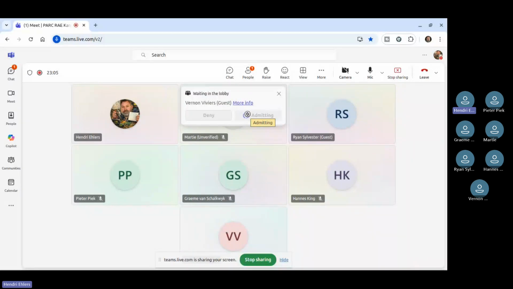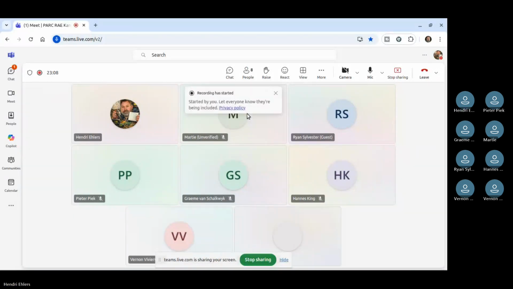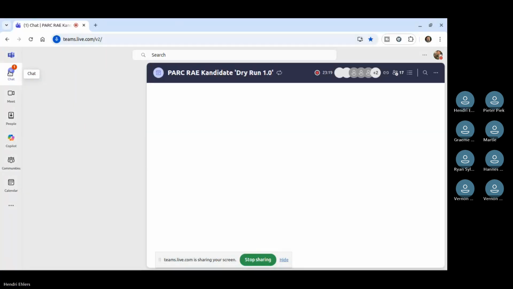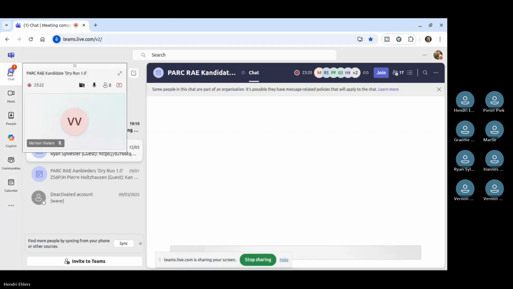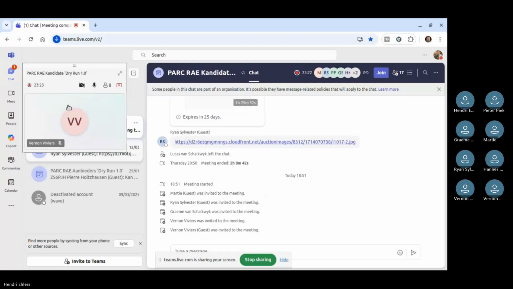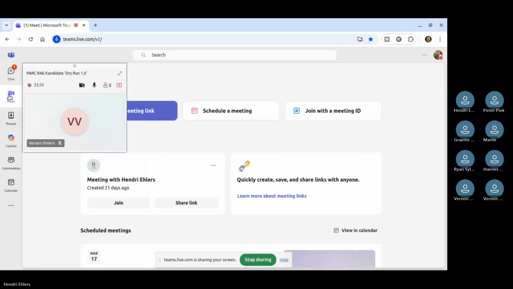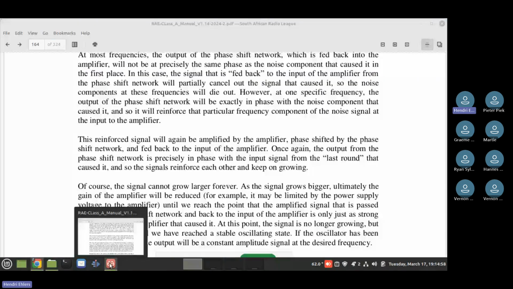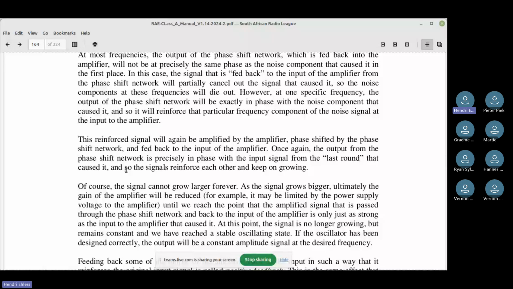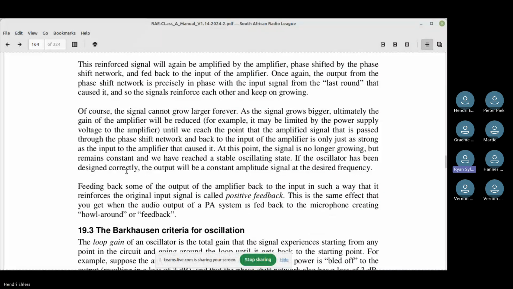This condition is necessary. Let me just get there. We had another meeting and they said that they were struggling to get into the Teams, but it doesn't seem like we have a problem. Let me just see. There's a chat there. What's happening here now? Sorry, I can't see that. I don't want to waste time with that. I want this thing to be big. And then I want to go back there. Is my screen still visible there? Yes, it is. Let me see the book.